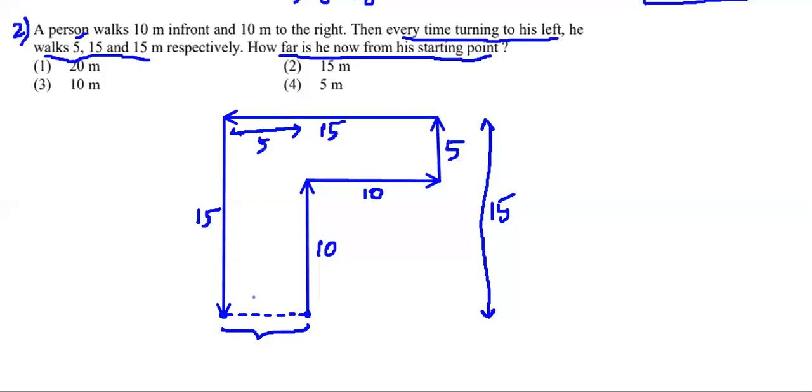The same 5 meter will be followed here also. That's it. So that means from his starting point to his ending point, the distance will be just 5 meters, right? Because of the parallel lines property. See here, this 5 plus this 10, this 10 plus this 5 would exactly compensate this 15, and so this excess 5 will be the only difference between these two lines. So that means he will be 5 meters away from the starting point, at the destination point. So option 4, 5 meter, is going to be the correct answer for this question.